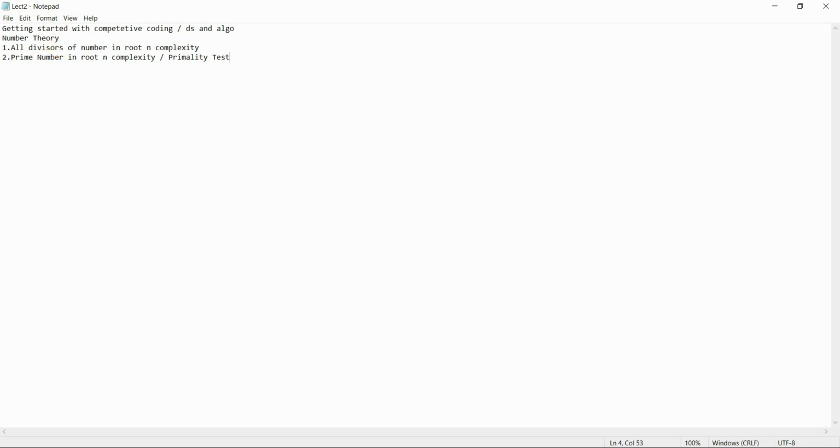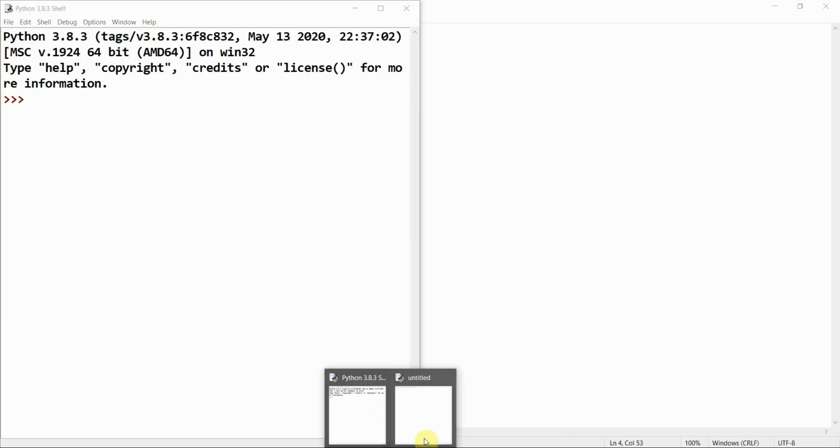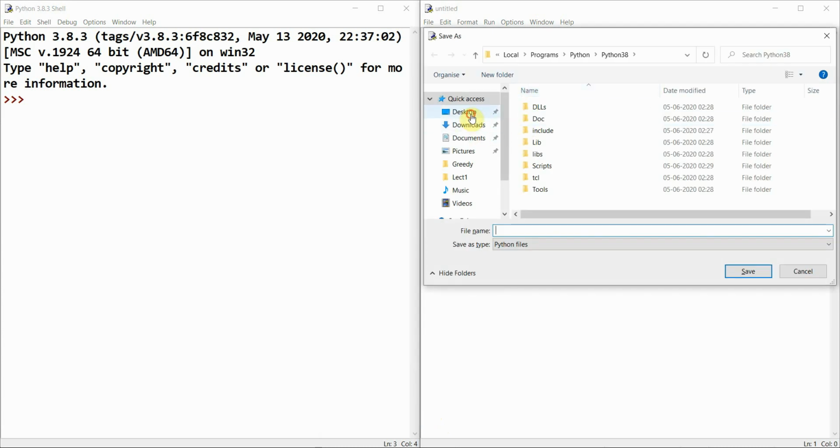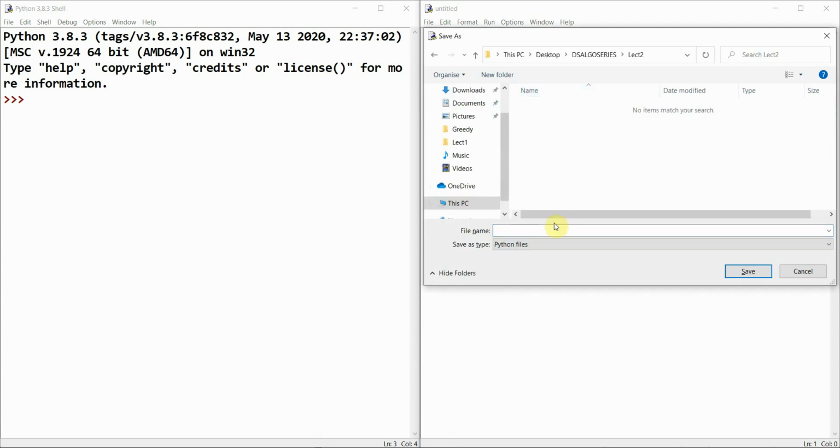I'll open my files here. On the left, I'll produce the output, and on the right, I will code. Okay, so I'll save this file. Let me move to my desktop. So first I'll do